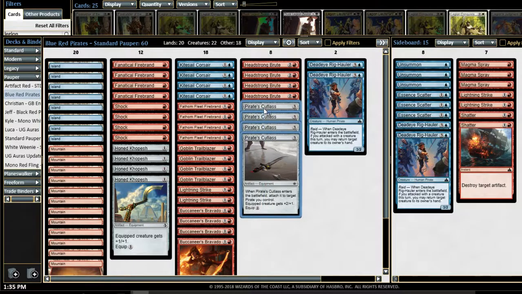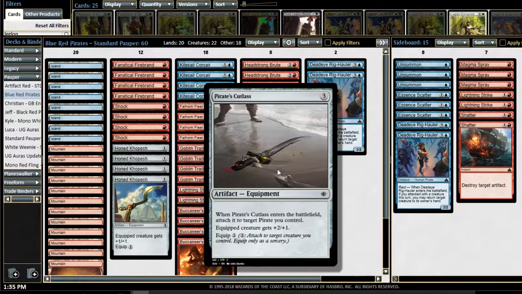Before Rivals of Ixalan came out, the only real pirate incentive was Pirate's Cutlass, which is still a pretty good incentive. 3 mana equipment. When it enters the battlefield, you may attach it to target pirate you control, so you don't have to pay the equip cost if you have a pirate in play when you cast this card. And equipped creature gets +2/+1. You can move it around for an equip cost of 2. So Pirate's Cutlass, you play it for 3 mana, immediately equip it to a pirate, and you can attack with it that turn. So it's a powerful equipment,